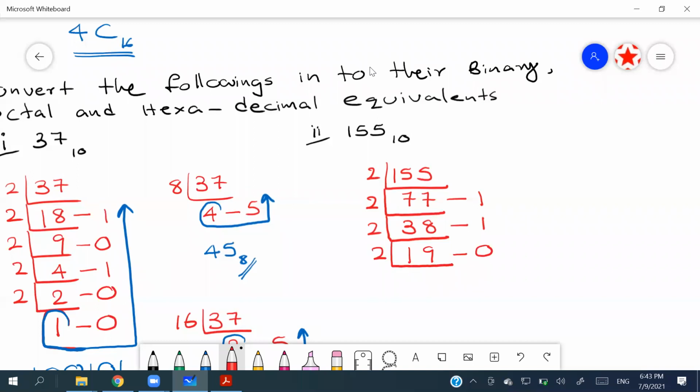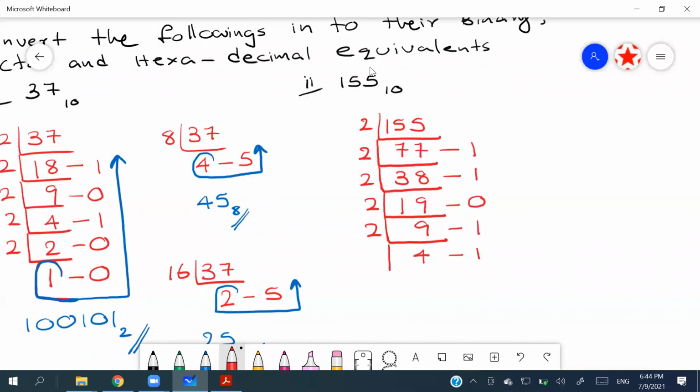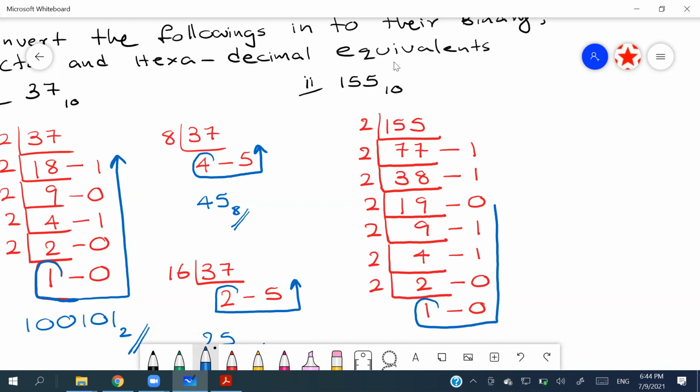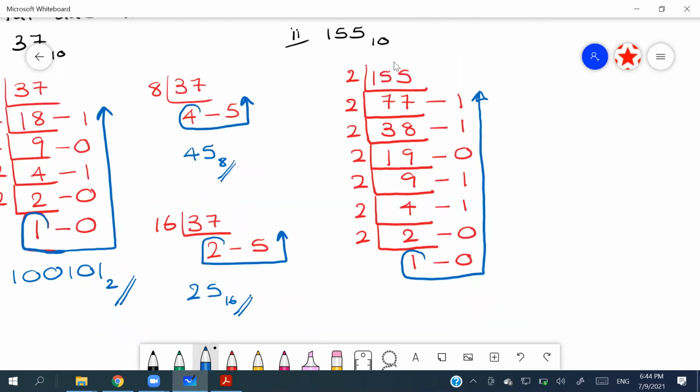I'm going to divide this by 2 again. 9, 1 is remaining. And here I'm dividing by 2 again. 4, 1 is remaining. And I'm going to divide it by 2 again. 2, 0 is remaining. And I'm going to divide it by 2 again. 1, 0 is remaining. Right. So your final answer is going to be, starting from here, going to the top. Right. So it's going to be